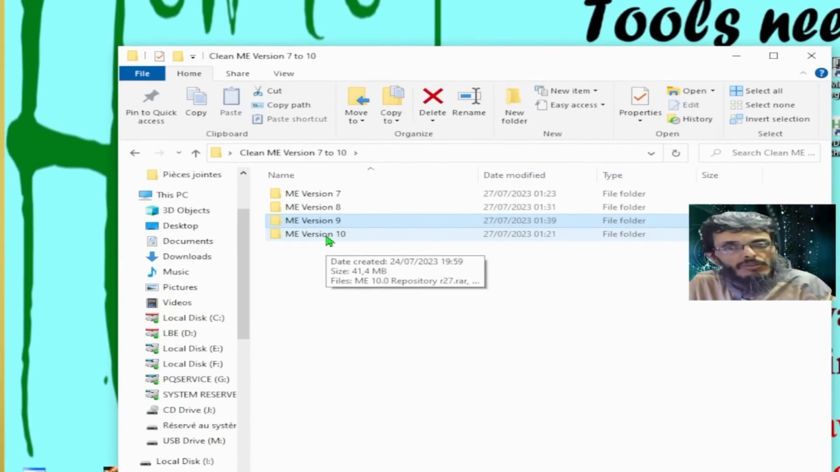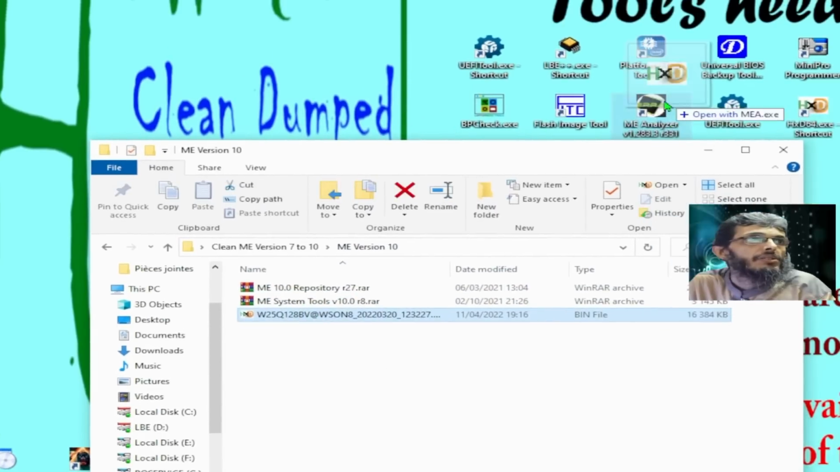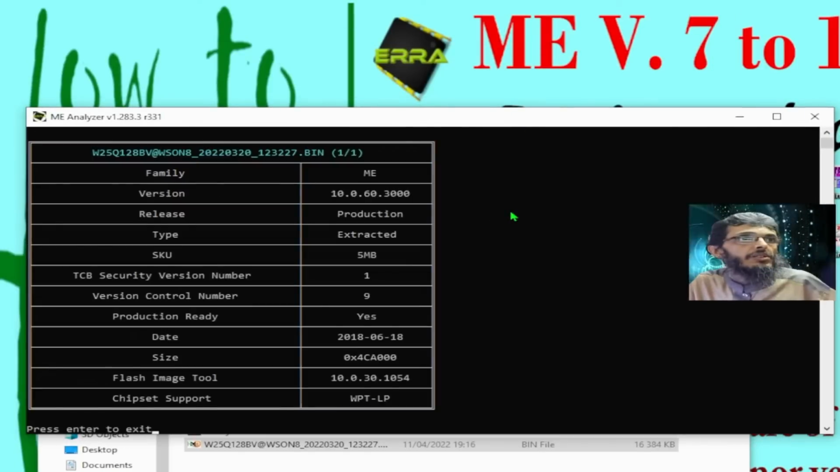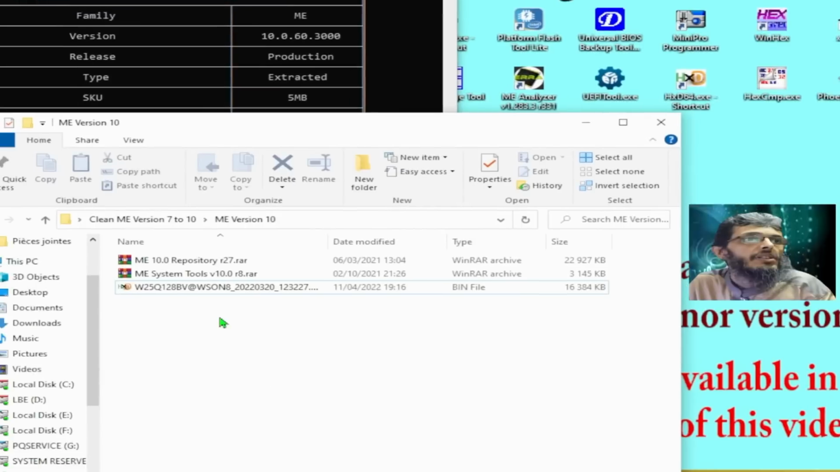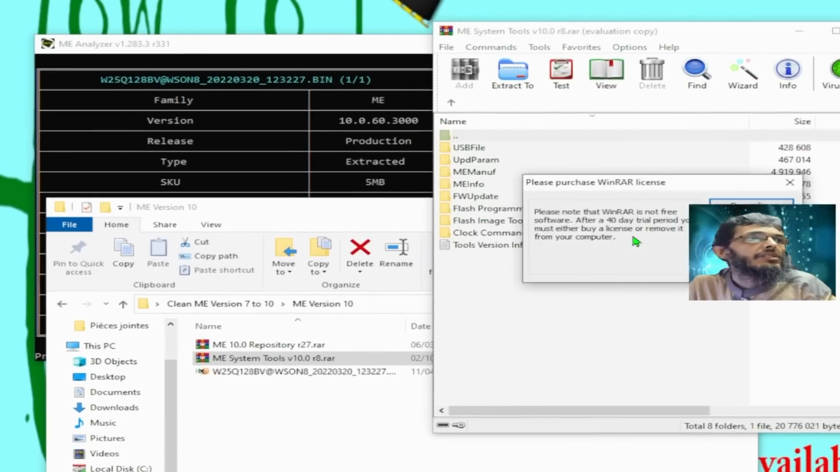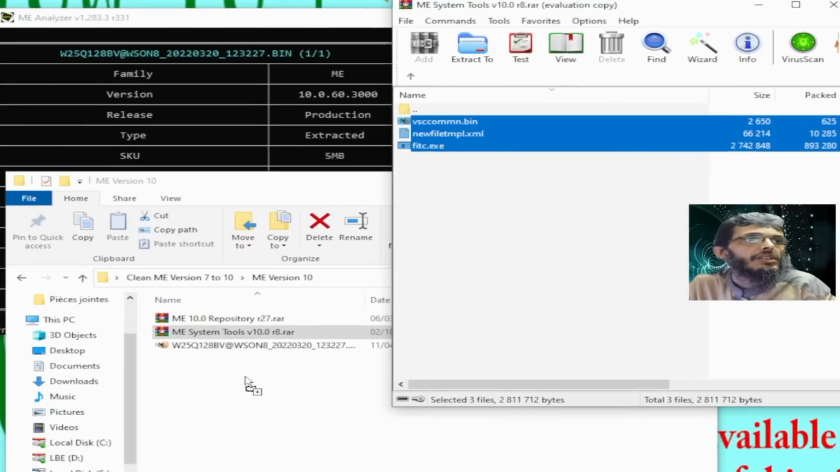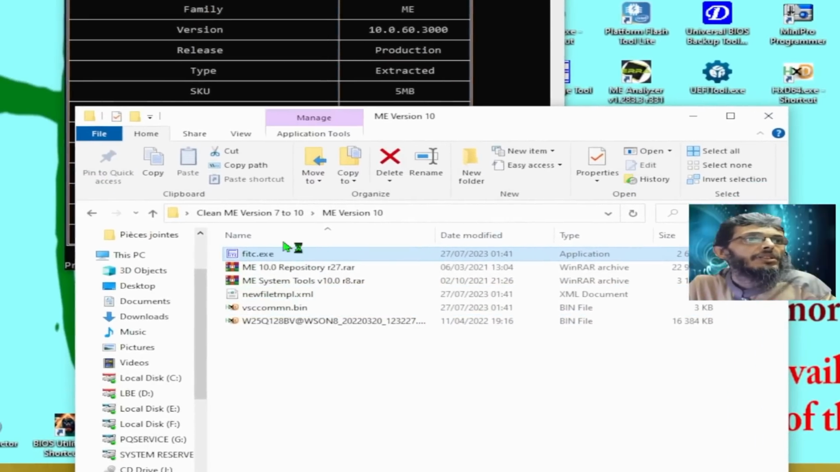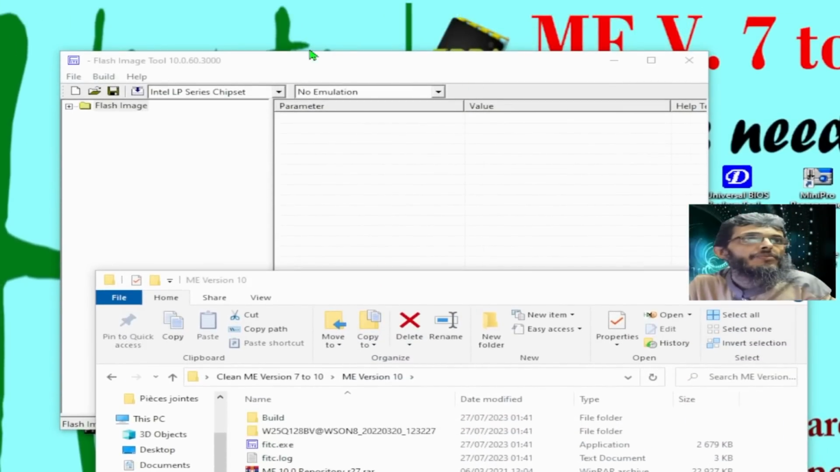So in this video we'll do all of them again. Let's do it quickly. Here we have 10060 3000 Flash Image Tool. Again, close this, drag this here, close this, double click on Flash Image Tool, drag your file here, build